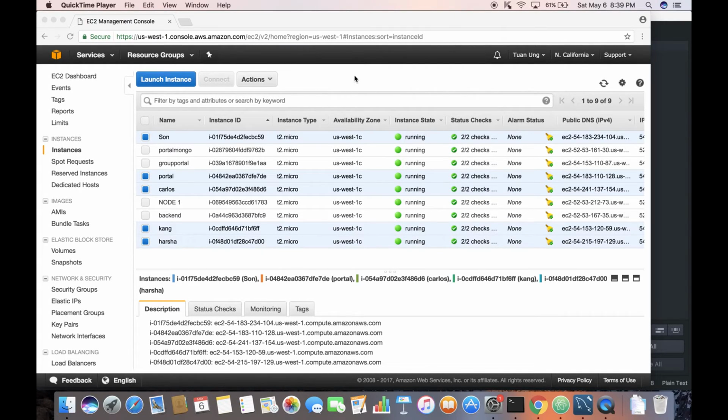So this video shows how I configure AWS for my personal project, a multi-tenancy grading system. You can see on the screen, I have 5 different AWS EC2 instances, one instance named portal. This portal instance will hold the portal-side application where the grader comes in to set up the grading attributes